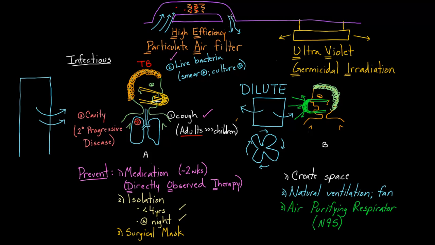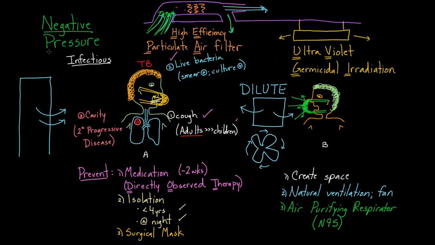And you could even take this a step further. You could say, how about instead of having all of the air returned, let's say we return just part of it, and we allow some of the air to escape outside of our room, right? Well, now you have a negative pressure in this room, because you have more air leaving the room than is re-entering the room. You have negative pressure, almost like a vacuum, because all this air is going up into the filter and not as much is coming back out. So this room becomes negative pressure.